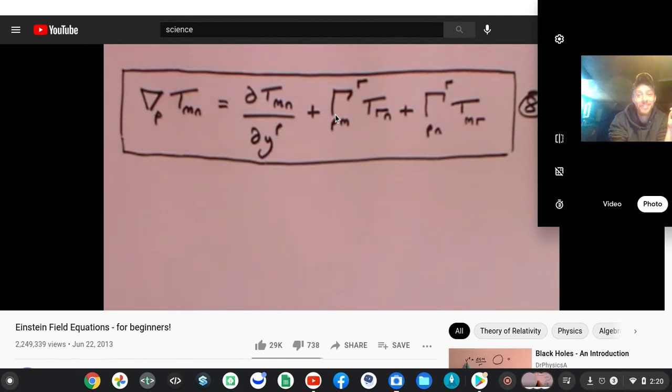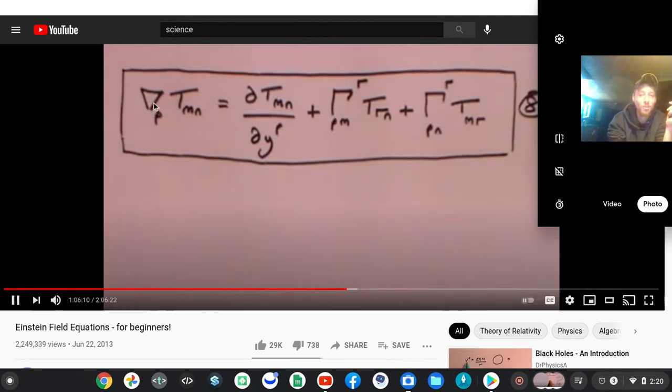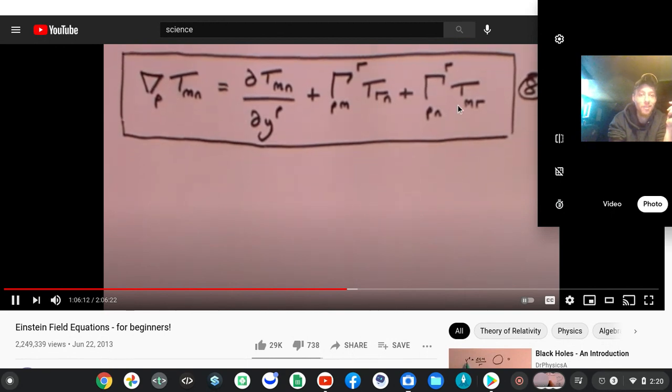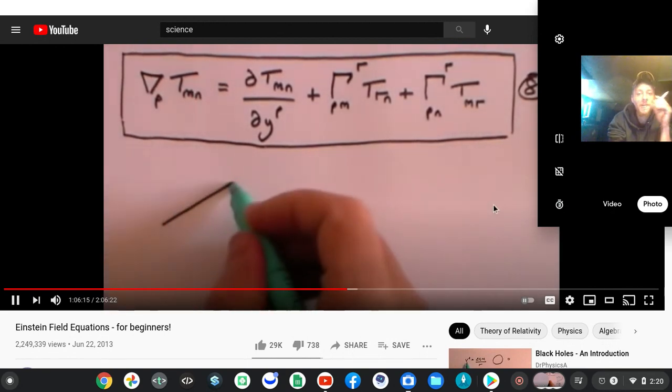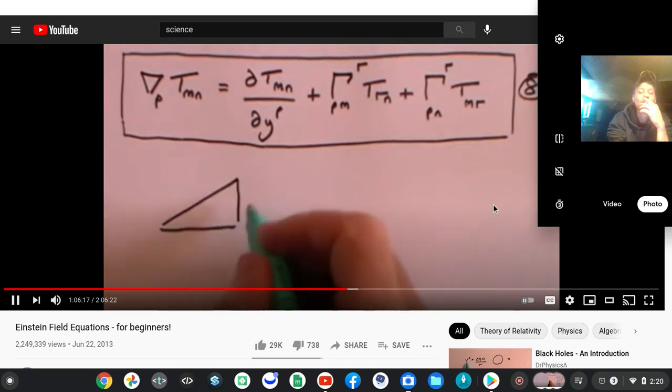Now, what about the covariant derivative of the metric tensor that we derived earlier? Let's just remind ourselves what the metric tensor formula was. We started off with good old Pythagoras,